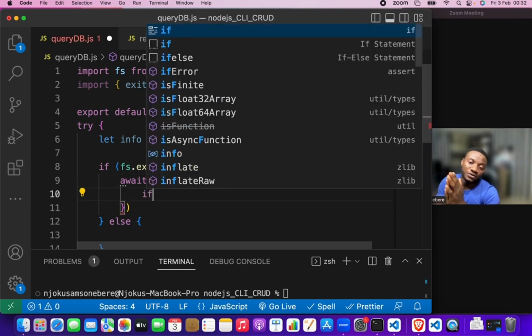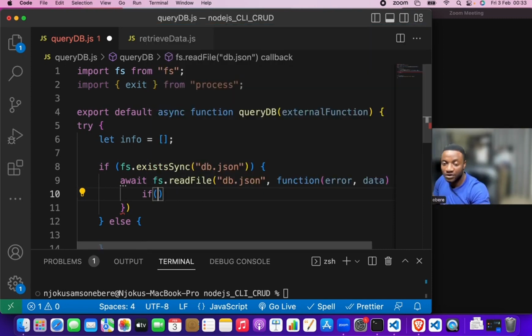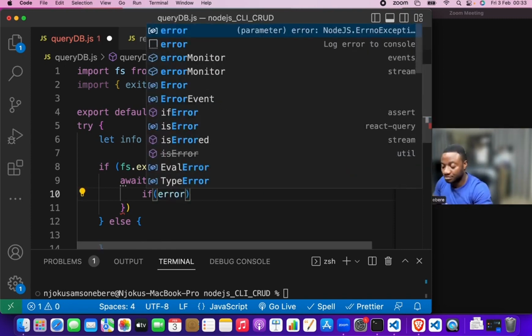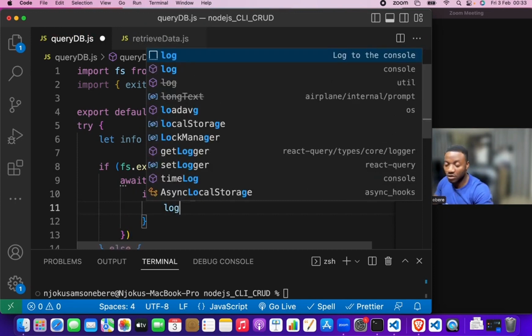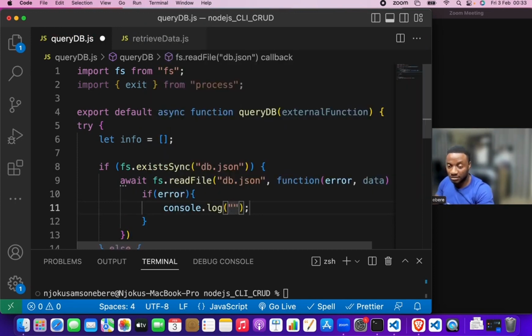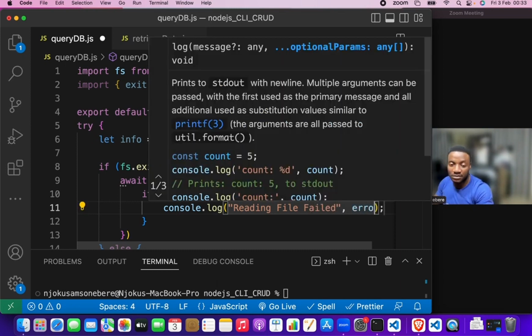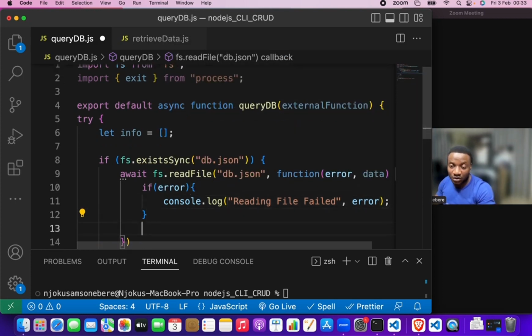Now, if error, so if for example an error occurs, we want to make sure that we terminate the process. So if there's error, right? If there's error, we'll log to the console and say reading file failed. We can add the error by the side for context. All right. Now, if there is no error, we want to